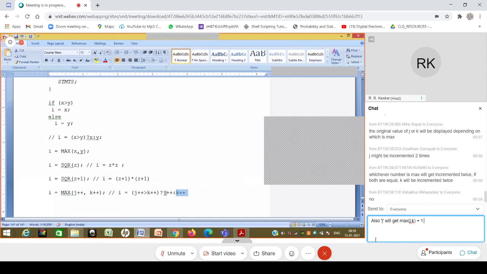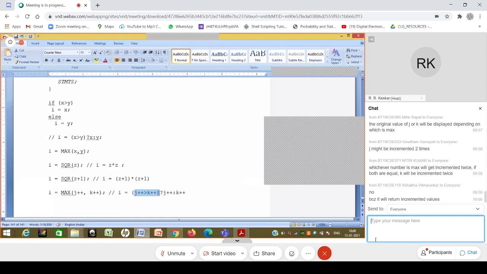The answer is not correct because remember that just after this comparison, the values of j and k have been incremented. So even if j was larger than k, the actual value that you are going to assign now is the incremented value of j, because it got incremented after this expression. And then j will be incremented again.